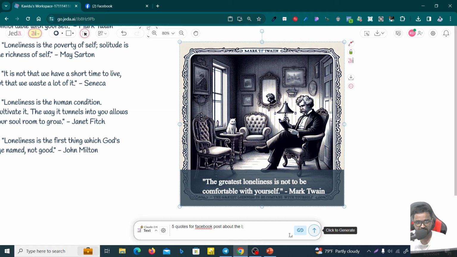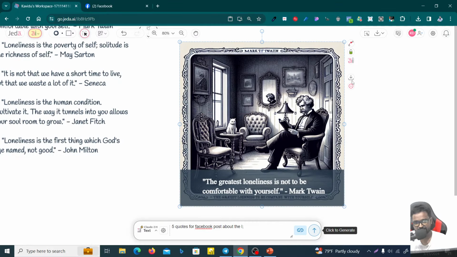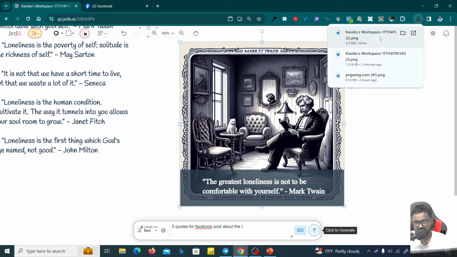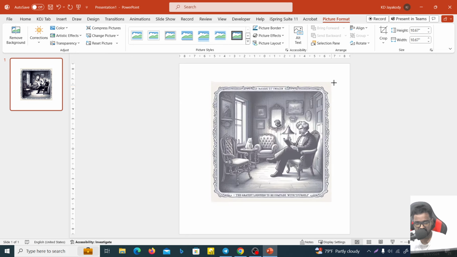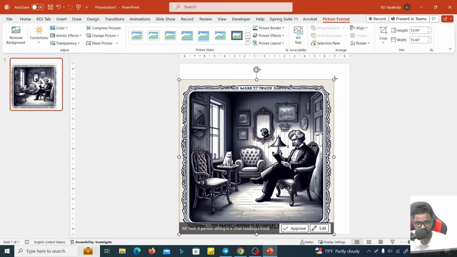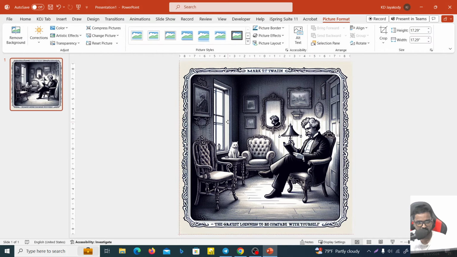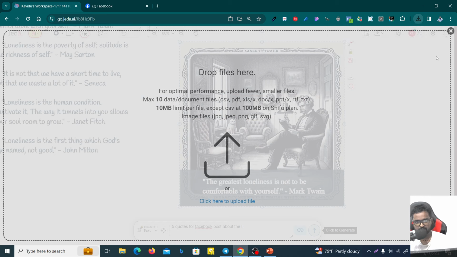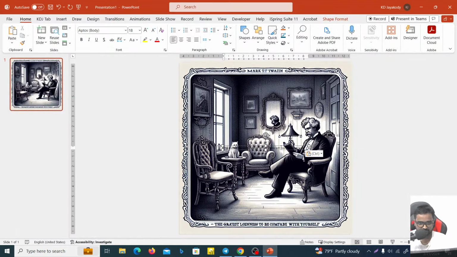Now I'm going to copy this and paste this. Oh wait, sorry. It's a mistake. Actually, you have to download this image. Click on this image, and then you can click on this white background option, and you can drag the whole image into this canvas. And now you can resize it. Okay, cool. Then I'm going to what? Wait, my bad. I'm going to copy the whole text, paste it,